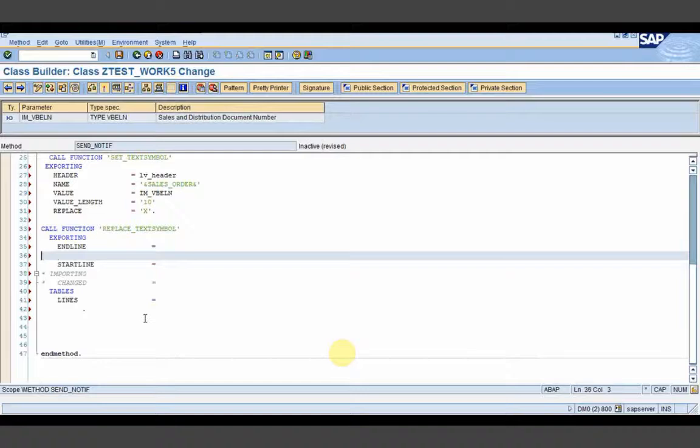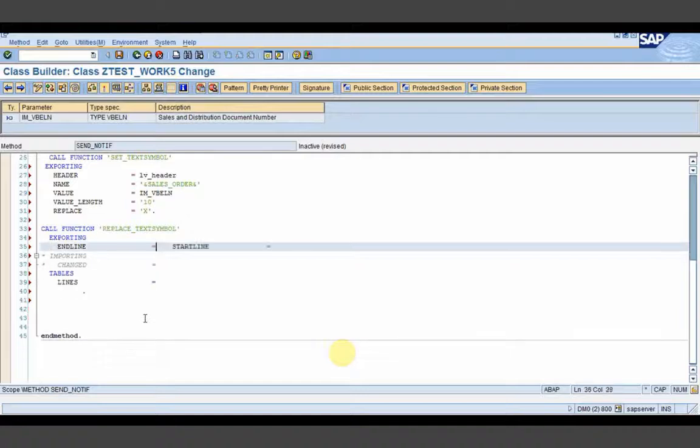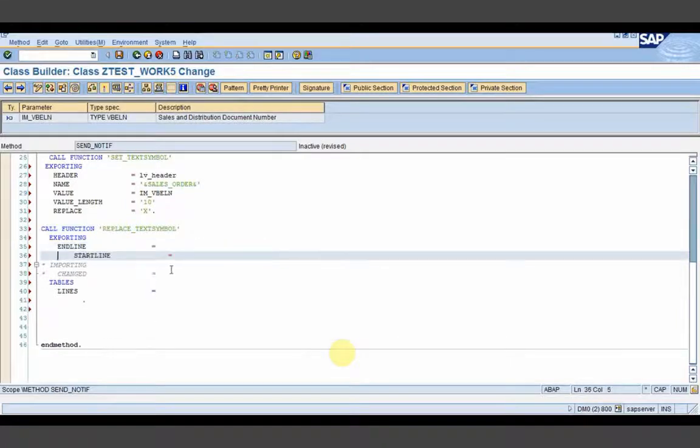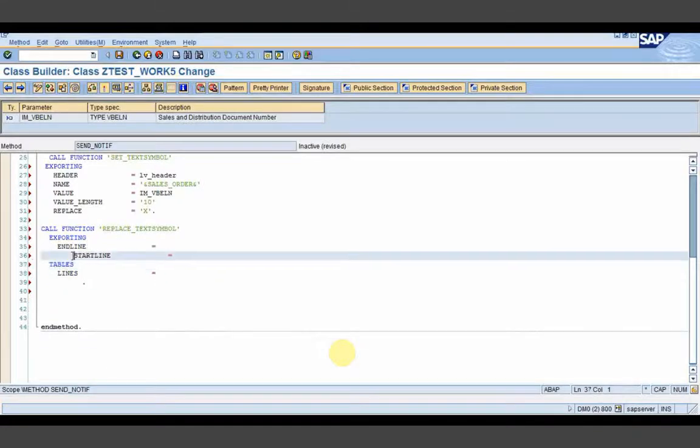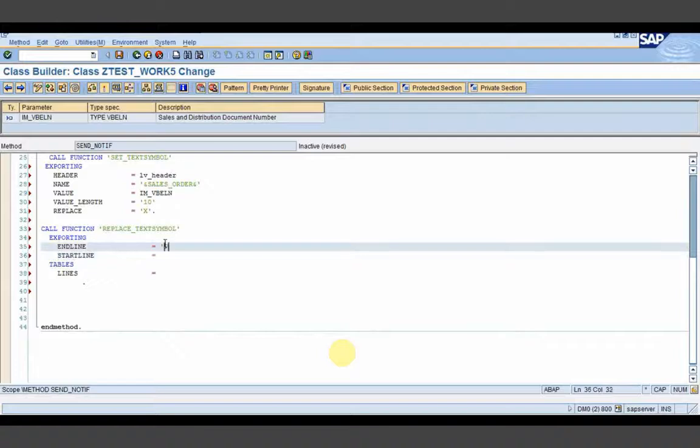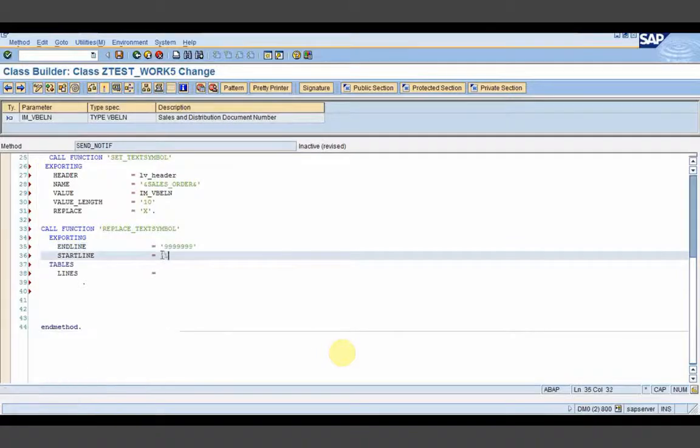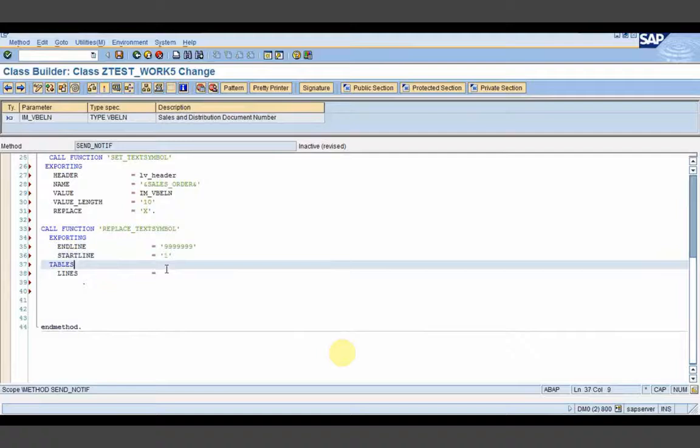So I'm just deleting the default values and I'm having only the mandatory values. So in endline, I'm just giving this 999. This is the length of the standard text. You can give anything.